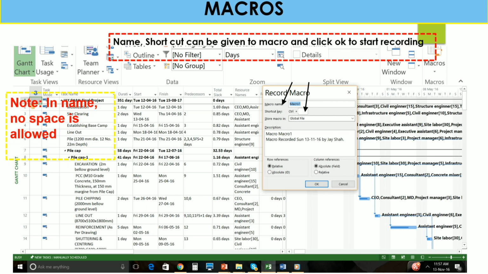You can rename your macro, but no space is allowed. You can also assign a shortcut key, choose which file to store the macro in, and start your macro recording by clicking OK. So it's like a screen recording process.